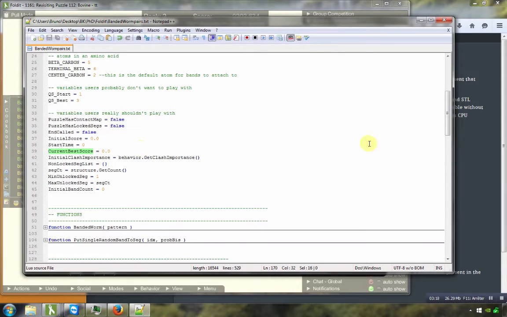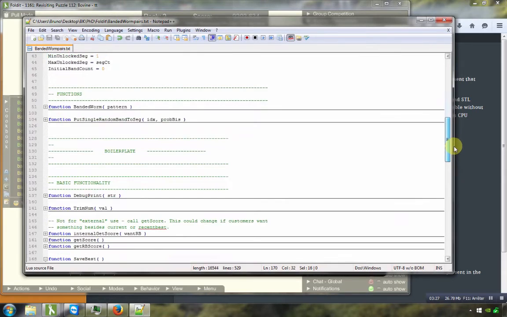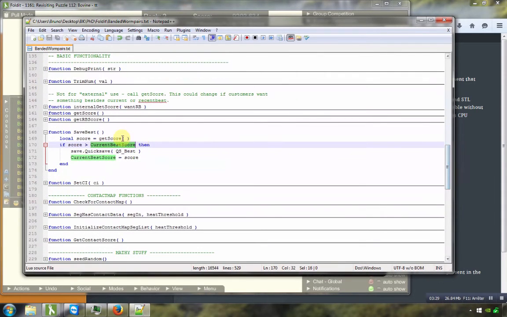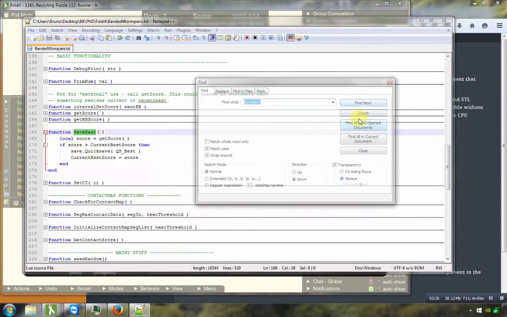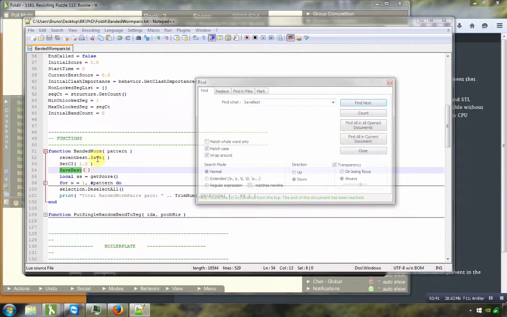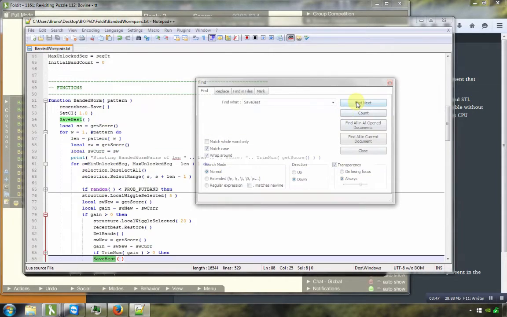So if my current score is bigger than this best score, then save, quick save, so keep it and replace the best score. So you see that this typical function is called here several times within the recipe. We do something and then we compare with the best score and we keep the best one. Voilà, this is typical. So you don't have to write this save best, you only take it from another recipe and you put it in your own recipe if you want.